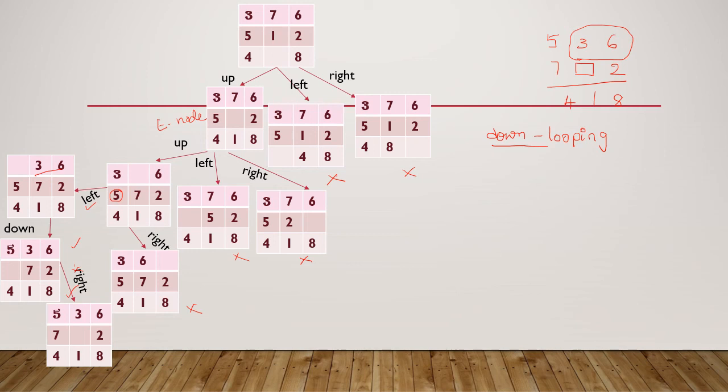Here I also have the option of moving this down tile. This down tile can be moved into the empty slot, but that will cause me to lose the third row. So this operator is also possible, but we are not considering it. We are considering only moving the right tile into the empty slot. So this is my resulting configuration.